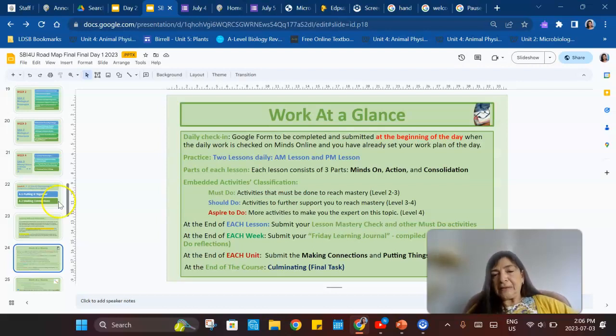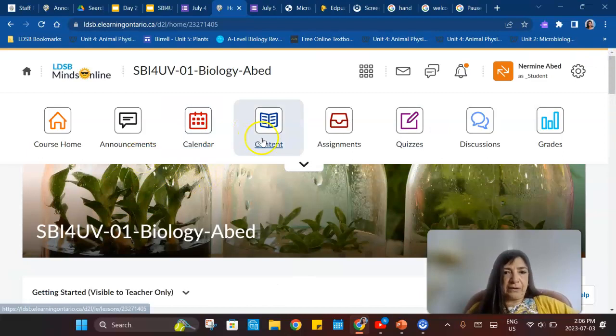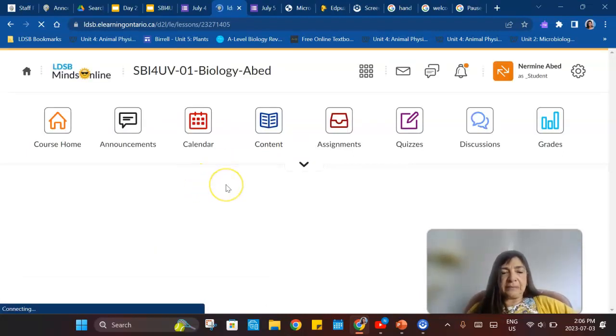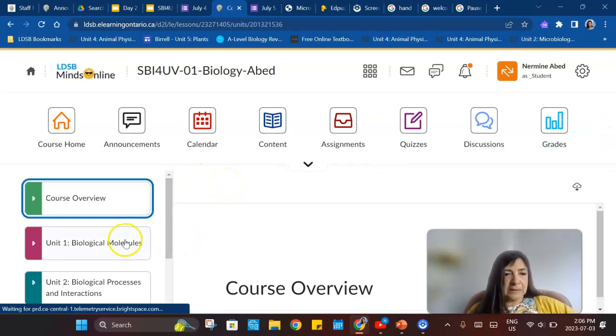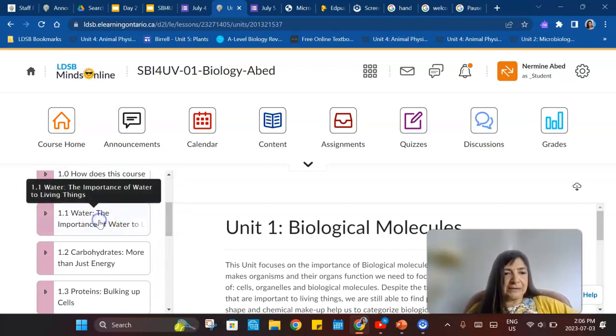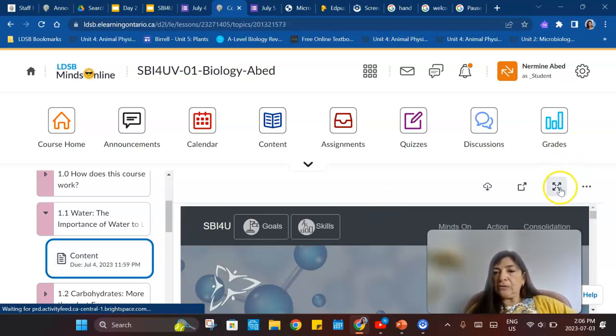Our work starts with the daily check-in. It's only once per day. And then we start working on 2 lessons, a morning lesson and an afternoon lesson. Each lesson, as you go to the content of your home page, so each lesson, apart from the first lesson, of course, if you click on the content, you'll find that it